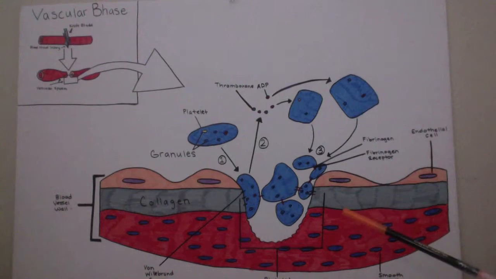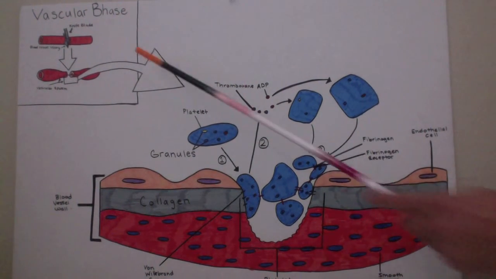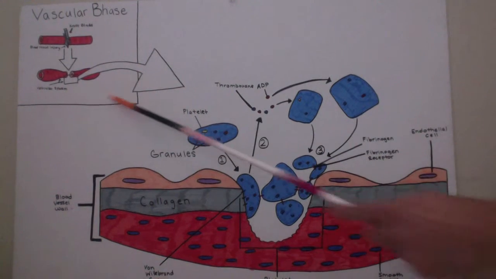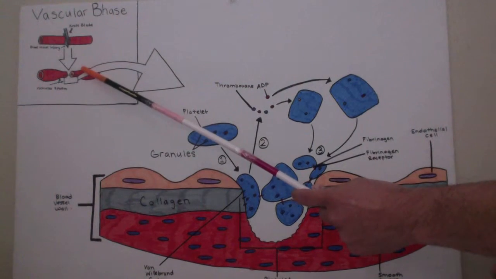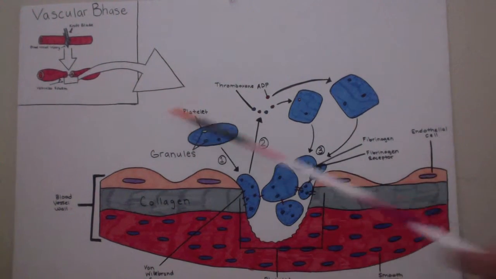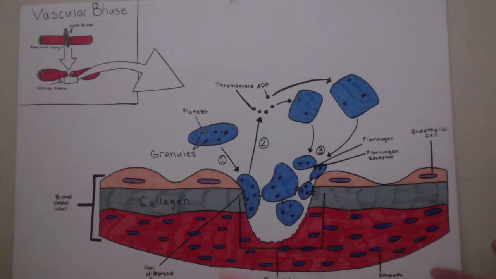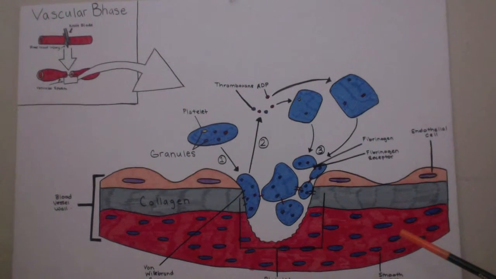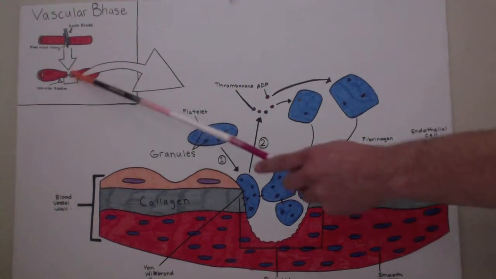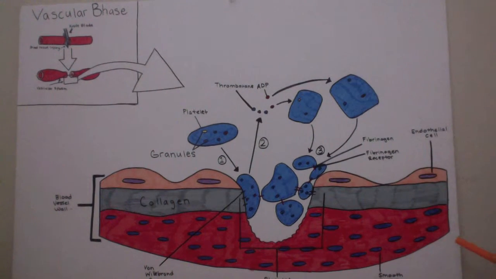Now this phase is known as the vascular spasm. Okay, the vascular spasm, which is basically talking about constricting the blood vessel, only lasts for about 30 minutes, which then leads to the period of the vascular phase. Now in that vascular phase, you have certain things. You have endothelial cells, important things that are released. You have endothelins that act almost as a peptide hormone that stimulate that smooth muscle to contract, like I talked about, and to speed up the smooth muscle cells and the fibroblasts to accelerate the repair process